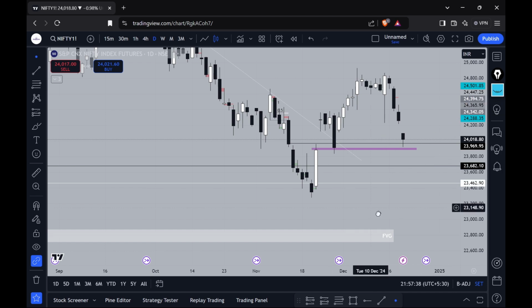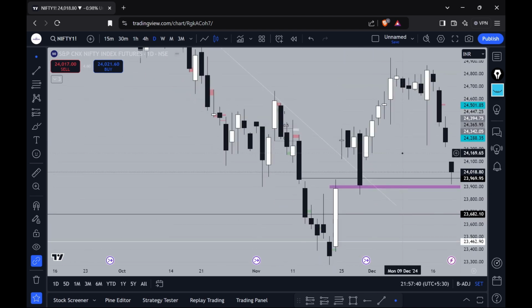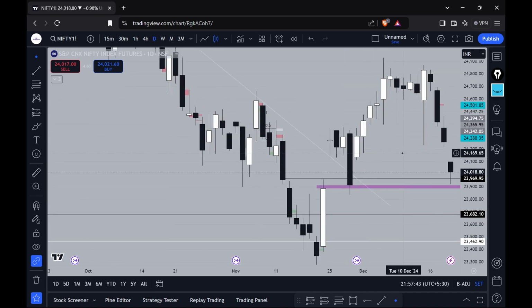And what is the market doing with them? It's playing with every other retailer. What does the market actually want from you? It wants liquidity. If it wants to punch 1,000 worth of orders into the market, if it wants to buy 1,000 worth of orders, somebody has to sell them 1,000 worth of orders. Only if they sell, their orders get filled. Who is going to give them 1,000 crore worth of orders? Someone who has placed their stop losses.